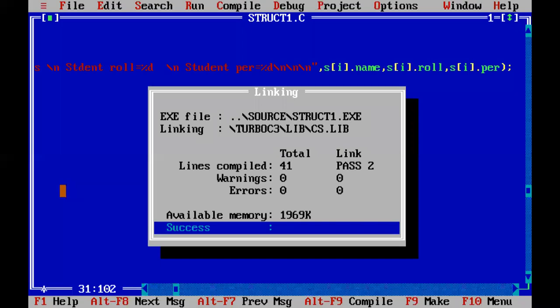Now you go for Ctrl F9. So first it is asking for what? Inputting the data. First student, please enter first student roll number, name and percentage. Roll number is 1. Enter. First student name is ABC. Enter. And first student percentage is 10 only. Enter. Now the loop is iterating for the second time and is asking for the second student roll number, name and percentage.